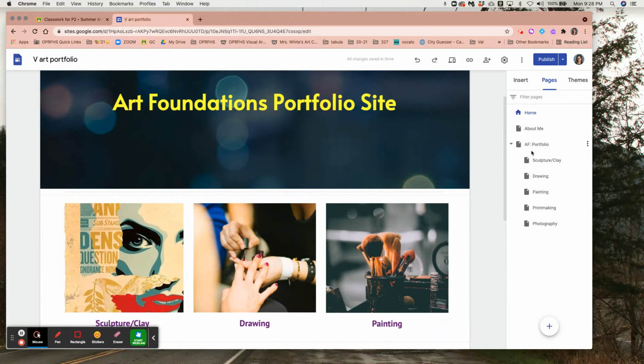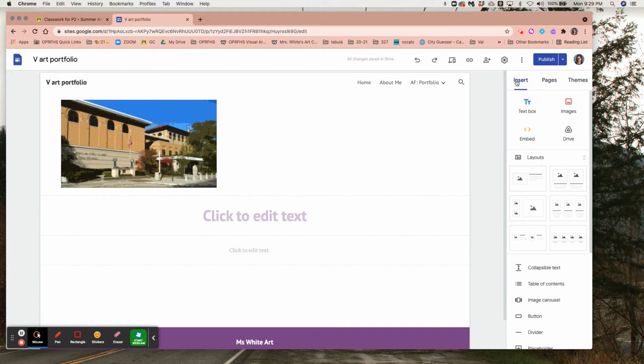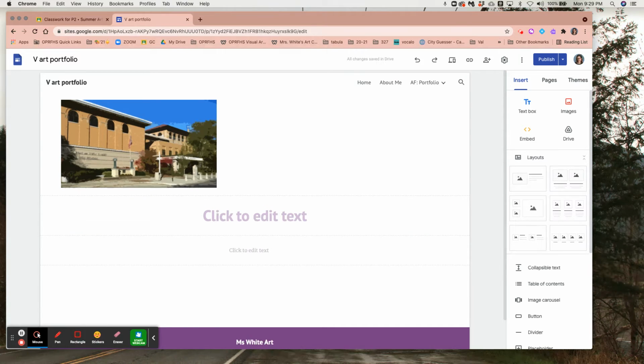If you click into your sculpture, drawing, painting, printmaking, or photography pages, for example, here you can see my sculpture page. I've started to work on it. I've come in here into the insert category and started inserting images. I started playing with some layouts. I started dragging around some of the text because I know by looking at my Google site checklist that I'm going to need to have